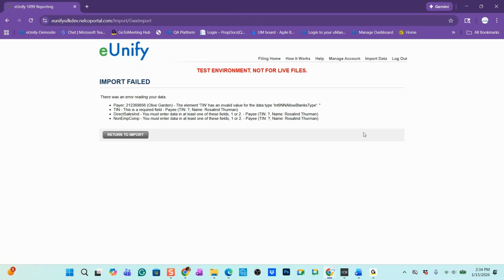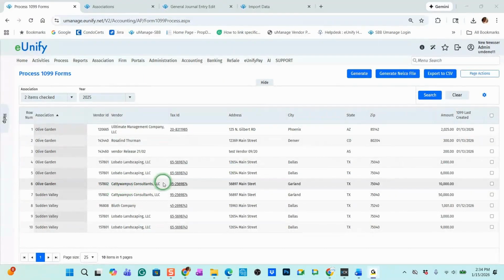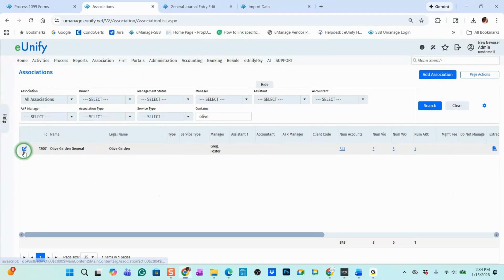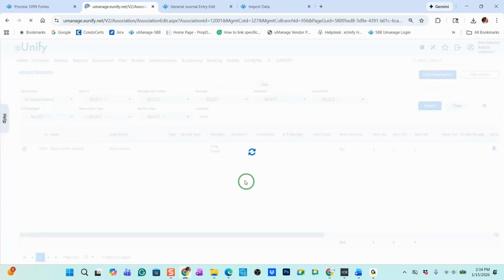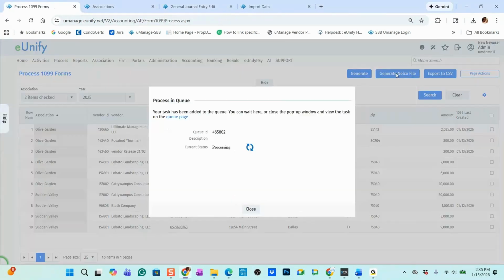And then it's still going to give me a couple of errors. All right, so this means I got to go back and fix that. And so for the purposes of this demonstration, I'll just fix a couple items on the association side, and we'll hit this again. Sometimes it's what you have to do. You just have to process it. If those errors corrected, process it again. If a couple more pops out, correct those until you got them all addressed, and then you can get your